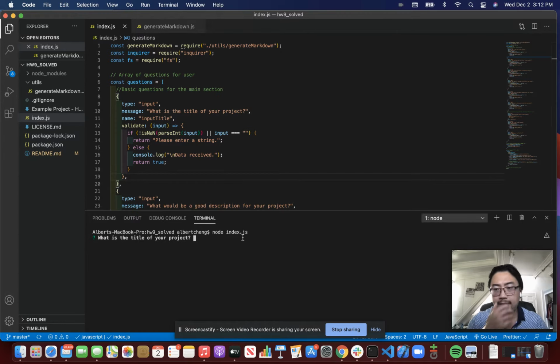And so first it's going to ask you the title of the project, et cetera. One thing to note is, for example, if you enter nothing, it's going to ask you to please enter in a string. And if you also enter in just numbers, it'll also ask you to please enter in a string. So for our project, we want to do this as an example. This will be the weather dashboard ReadMe